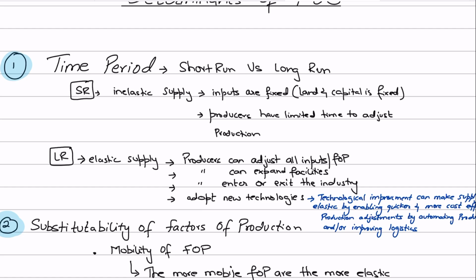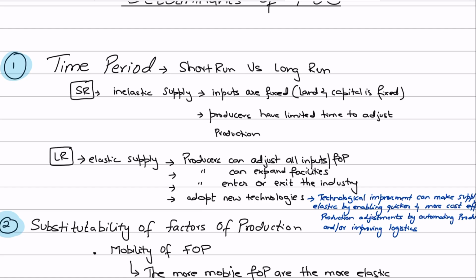So you will not get marks. This is something that A-level examiners do not really want to hear. We all know that you guys know that this is very basic stuff. Every other student giving the exam must know that supply is inelastic in the short run and elastic in the long run.